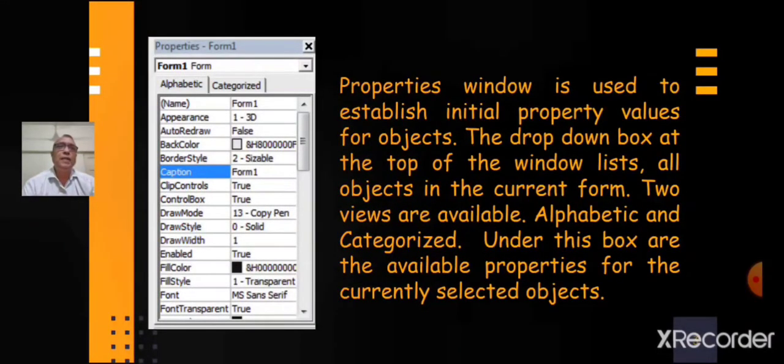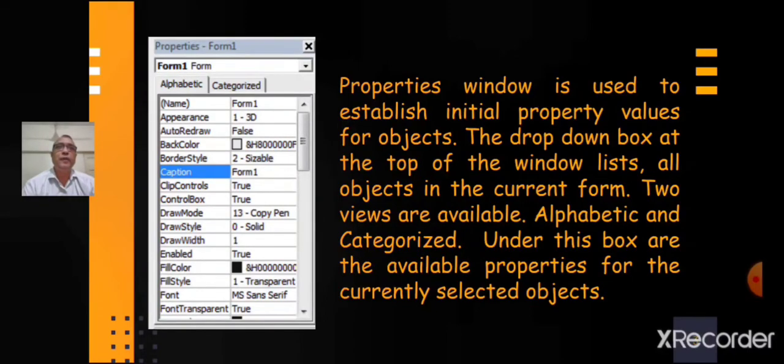Now let us understand more about the next window of Visual Basic, which is Properties window. Properties window is used to establish initial property values for objects.